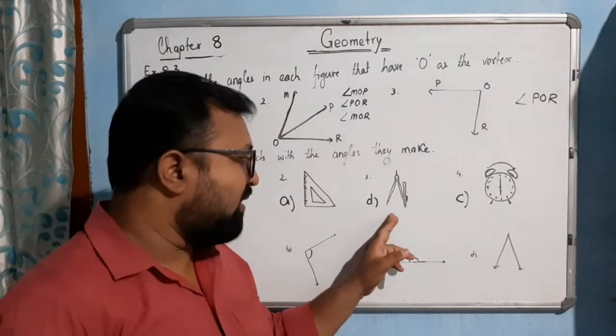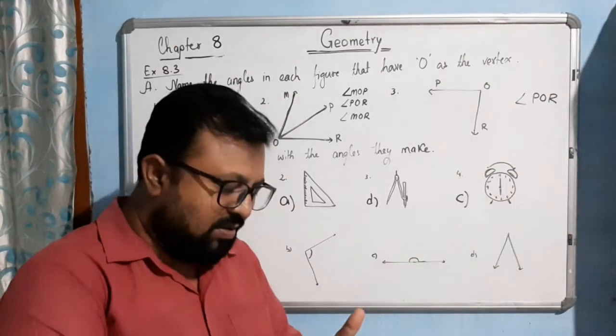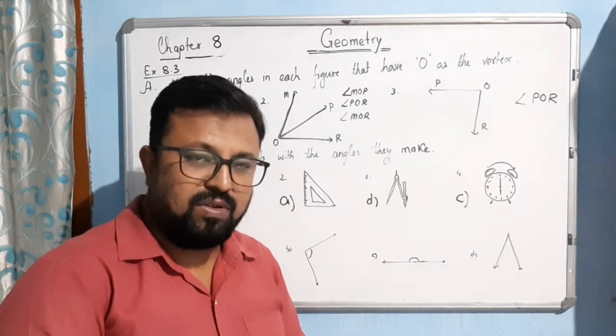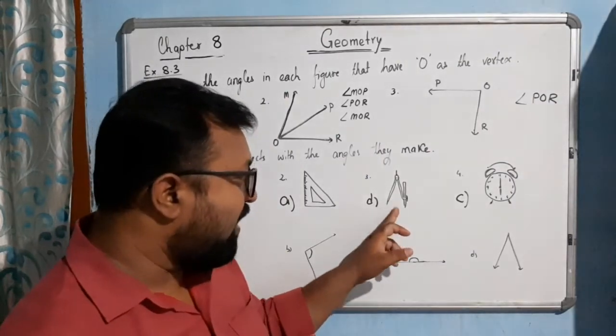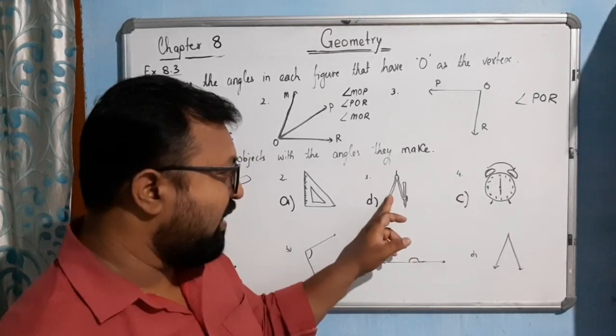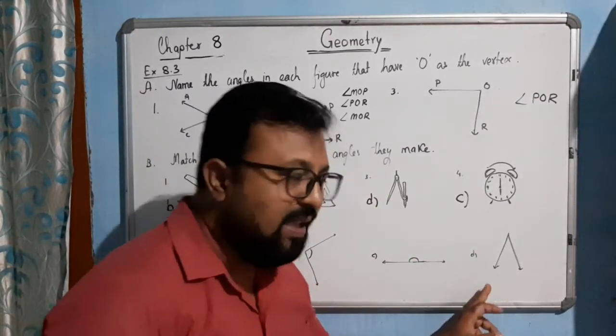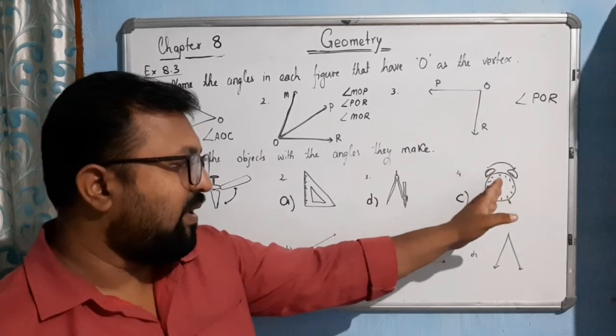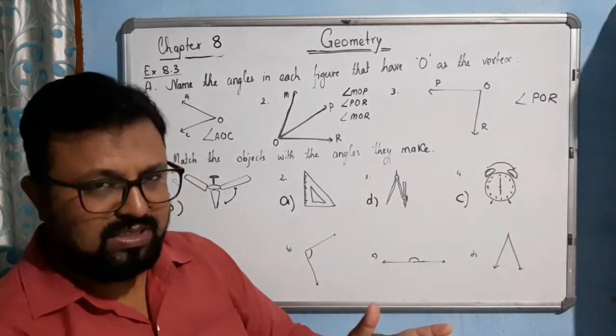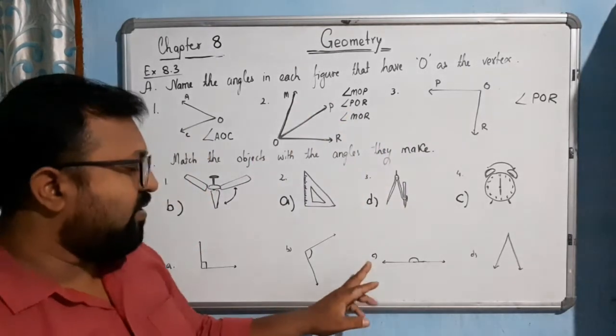If we check the compass, when you try to draw the arc or circle, then you will see right now in this picture it is less than 90 degrees, so it resembles the figure D. And in this clock here right now, the minute hand and hour hand are just opposite to each other, making a straight line, so it resembles figure C.